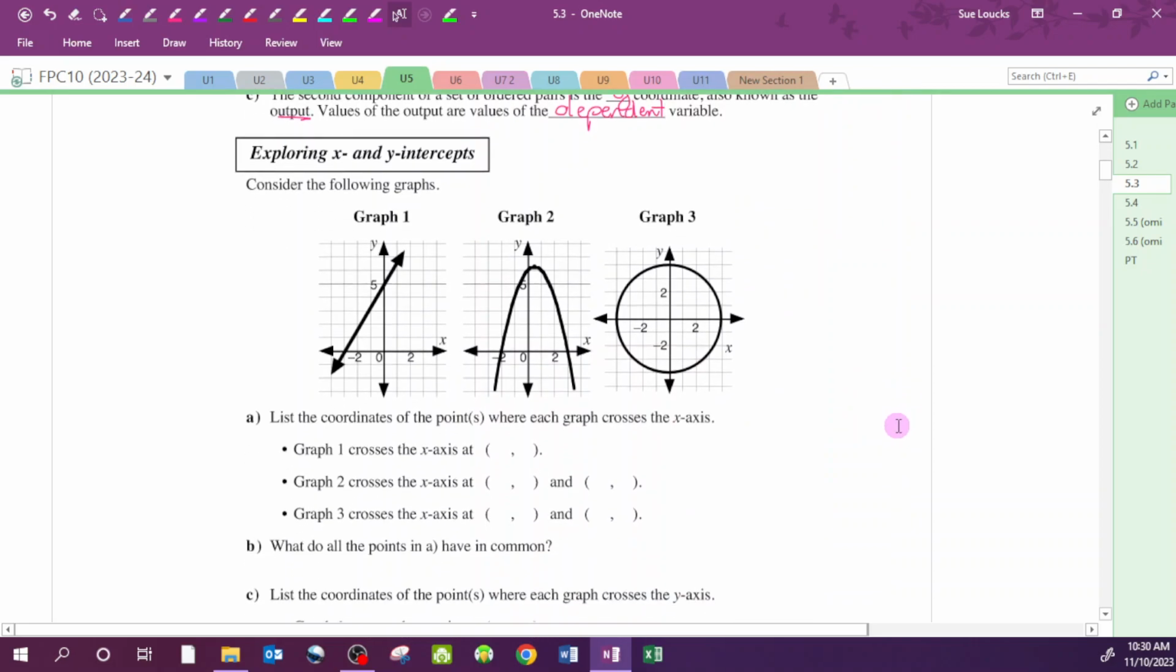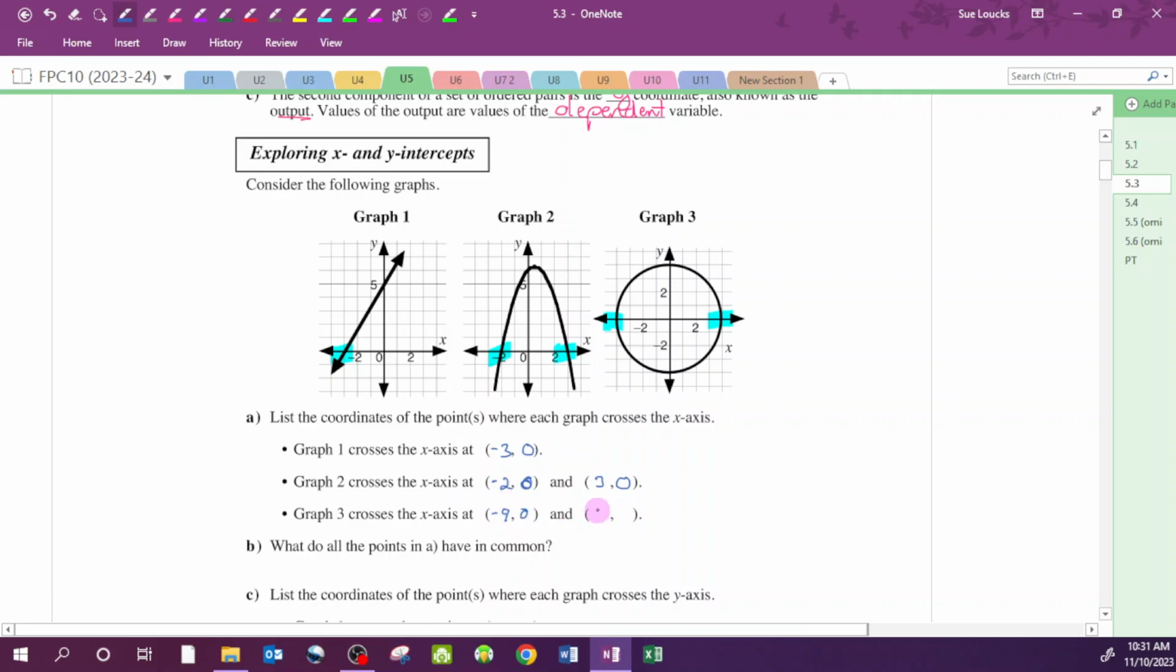The x-intercept is where your graph intercepts or crosses the x-axis. So the x-intercept here, I'm going to just highlight that in blue. These are all of our x-intercepts. So in blue, graph 1 crosses the x-axis at (-3, 0). Graph 2 crosses it at (-2, 0), it's not a 6, that's a 0, and (3, 0). And graph 3 crosses the x-axis at (-4, 0)